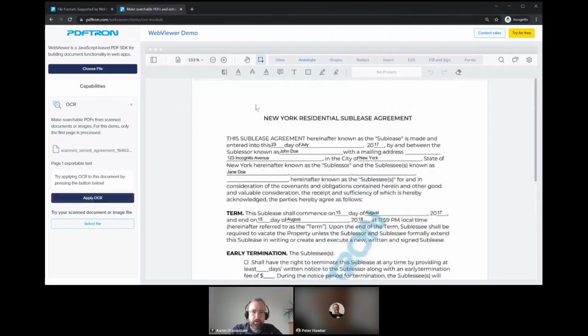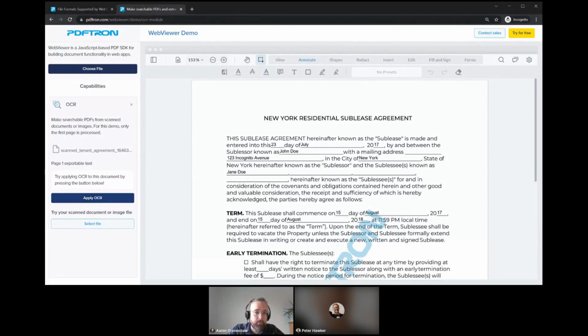We see that if I'm hovering my mouse over it, I'm not able to select any of this text, because under the hood inside of this PDF document, this page is comprised just of a single image here on the page. There's no text content built into it because presumably it's been faxed and just immediately turned into a PDF. With PDFTron, though, we have